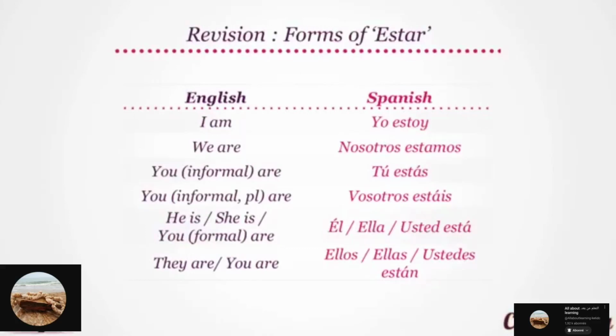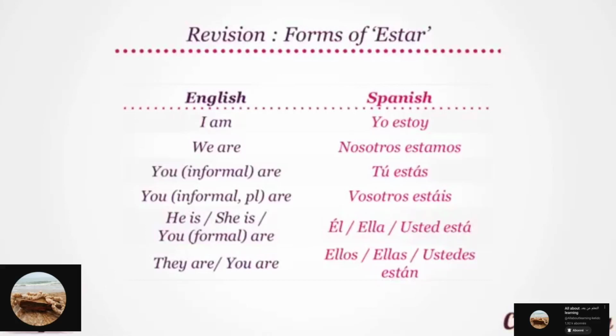Informally, for singular contexts, you are becomes tú estás. Can you try that? Tú estás. And informally, its plural form, or you all are, becomes vosotros estáis. Good. Moving on, he is or she is, or formally you are, translate as él or ella está, or usted